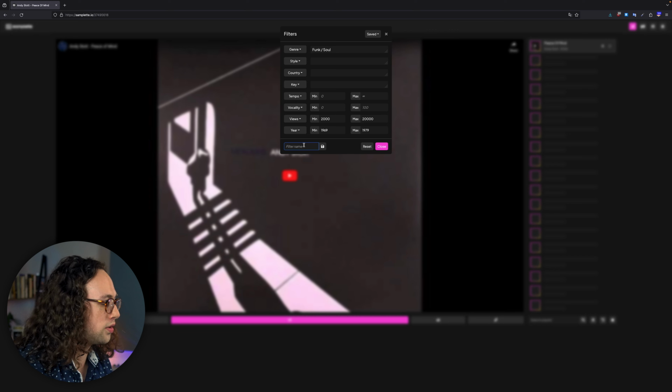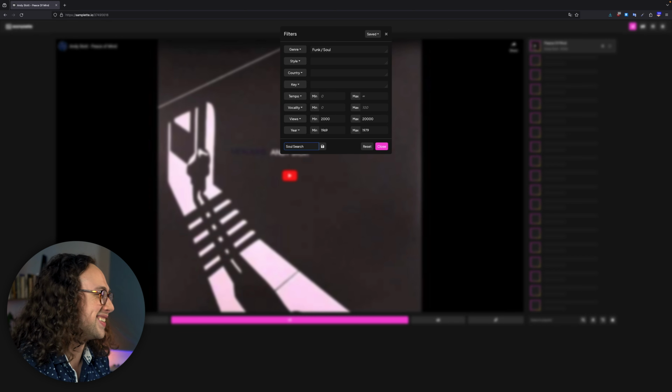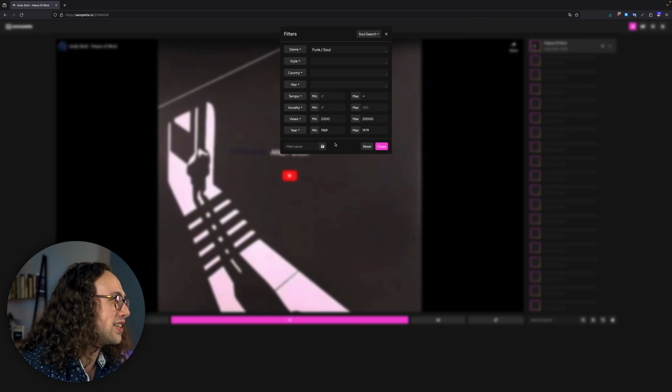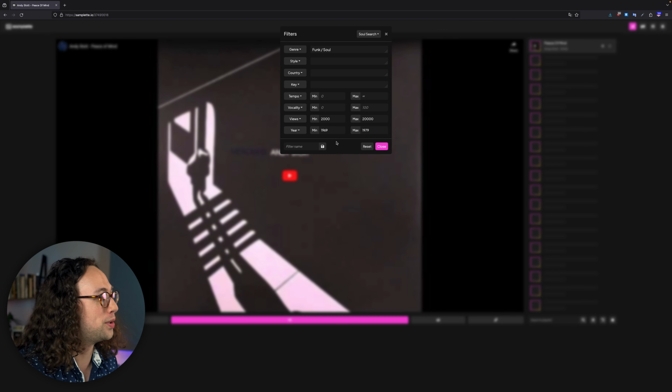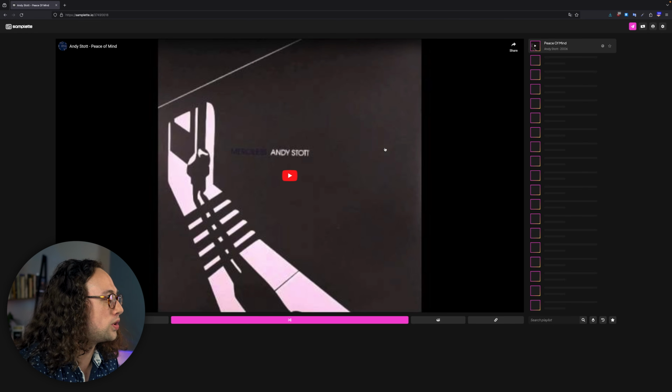And then what we can do is call this soul search, soul searching, right? Okay, so we can save that as a filter. And then when we come back to the website, we can pull it back up again. But this is really cool. So when you close this and then you press this pink random button,